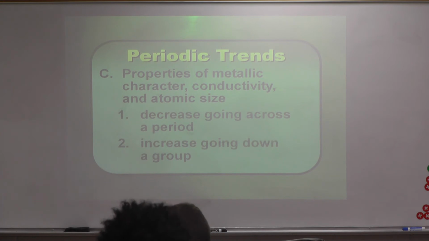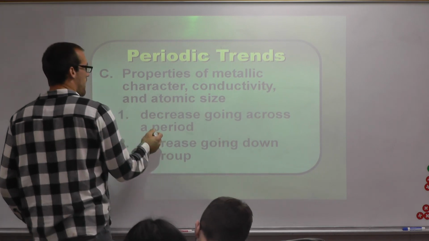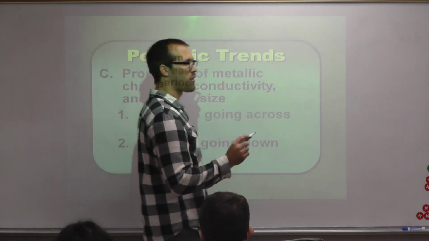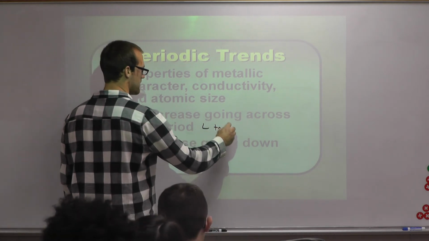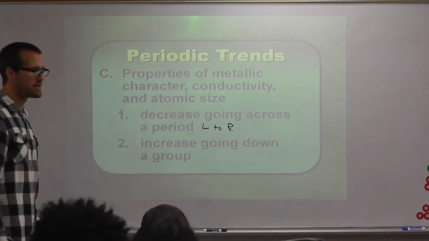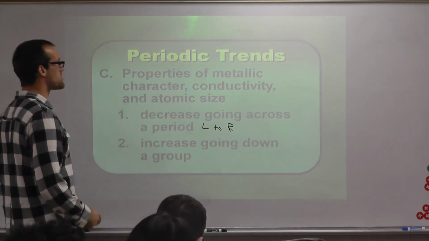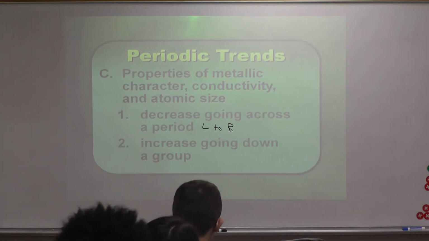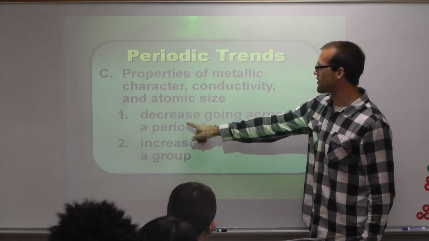Amen. Okay, can I explain this now? Yes. Okay, so here are some trends, and it says, as you go across the period, and this would be referring, like we would read something left to right, so if you don't know what across means. Increases going down, and decreases going left to right. Didn't we already say that as we go from the left side to the right side, across the period, it becomes less metallic? So wouldn't this say, as I go left to right, the metallic character decreases?